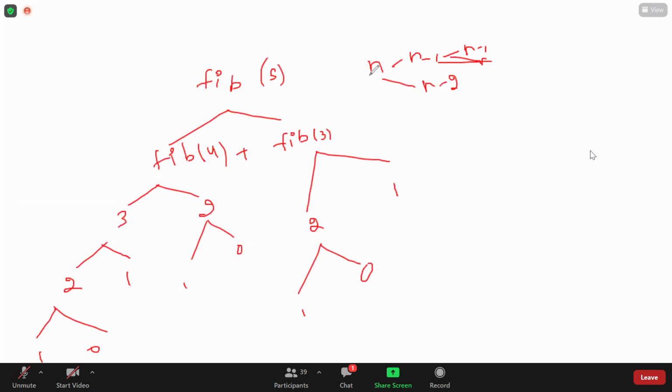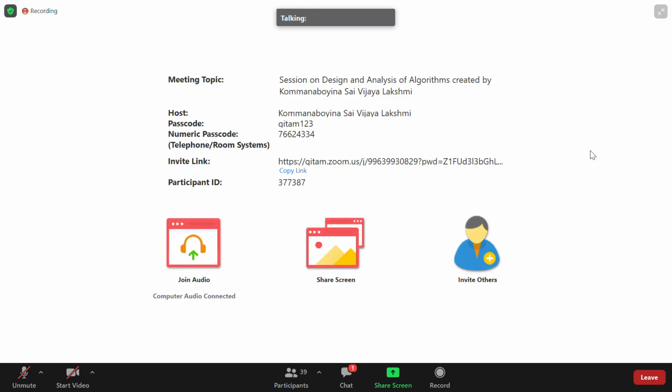Generally we use tabulation. What else is there in dynamic programming? One by one we'll see. Is it clear to all of you what dynamic programming is, and what we are going to solve using dynamic programming? Did you get the clarity? If you get the clarity, then we'll move on to the problems. Tomorrow I'll tell you the problems. We will see how many problems we have under dynamic programming.